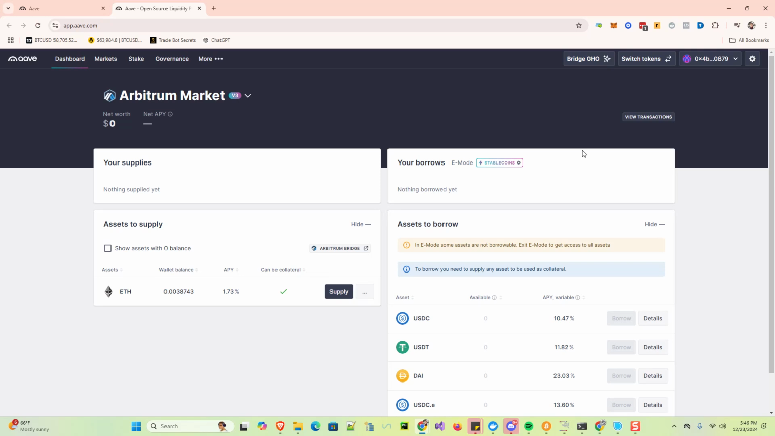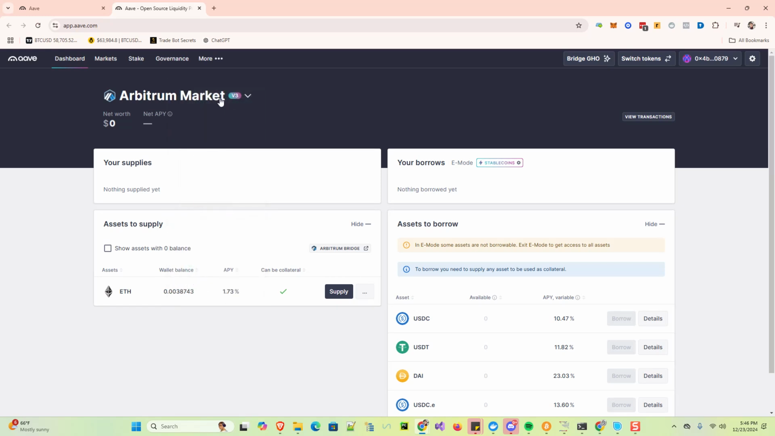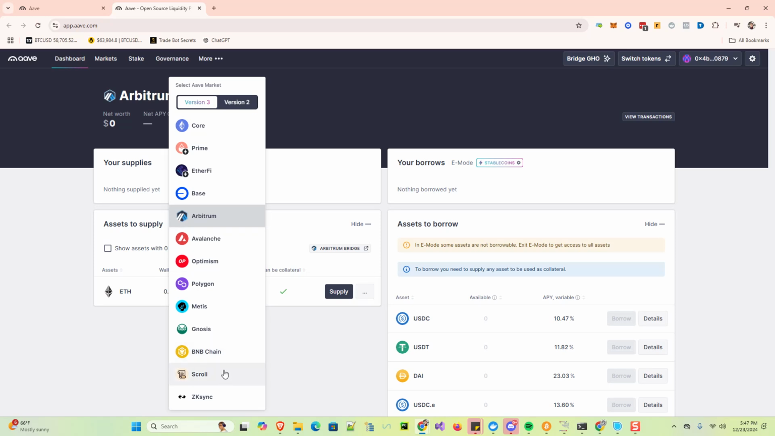Okay, try it for yourself on a small amount, and then keep doing it consistently over time. And I'm going to show you the process of this. But before I do that, I kind of want to walk you through these. You want to be on version 3. There are different